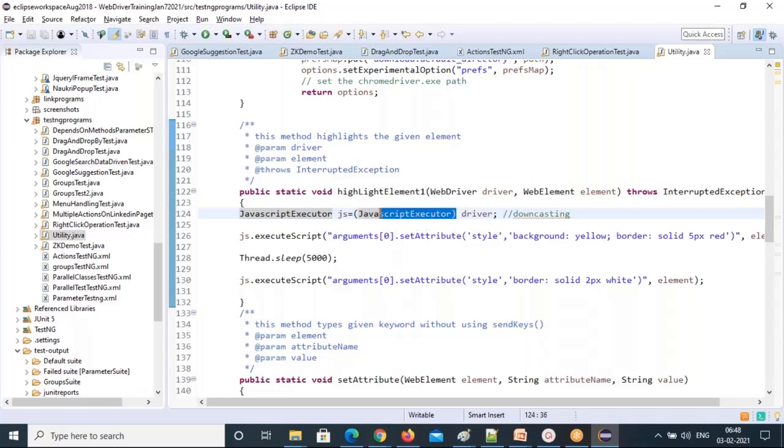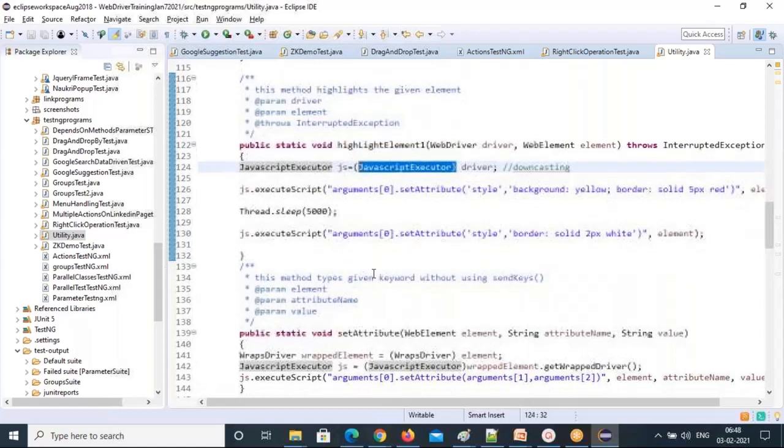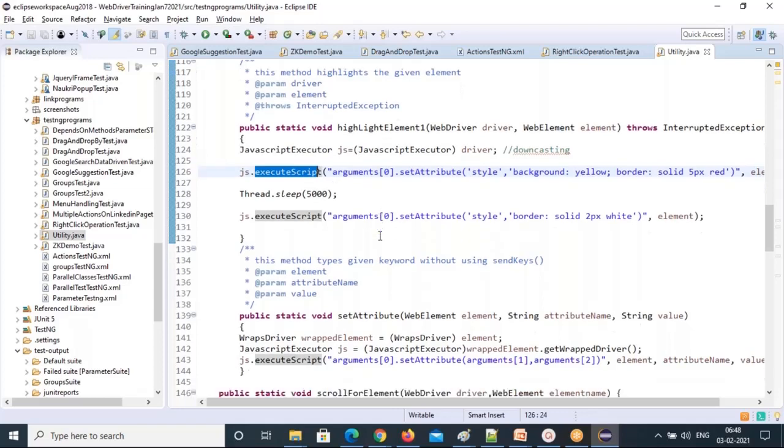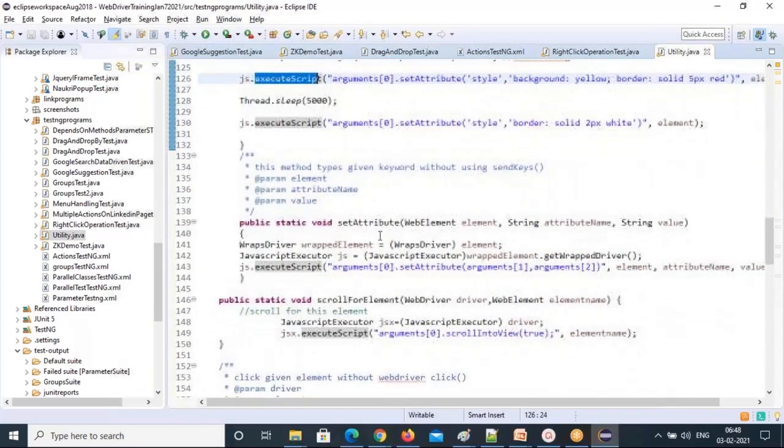That's the reason we need to typecast this driver to JavascriptExecutor. Then all of this is JavaScript code. We're executing JavaScript code in Java Selenium using the executeScript method. So this is one simple method for how to highlight the element.